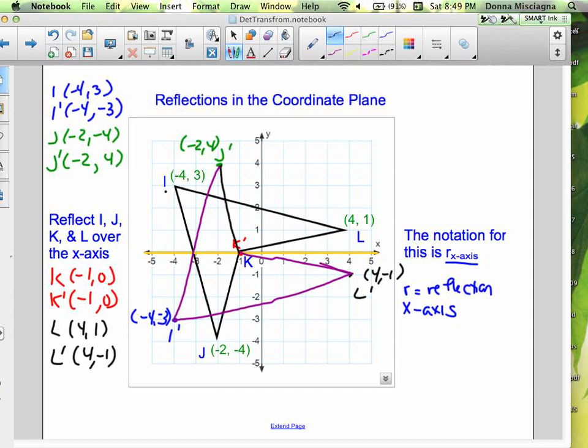Oops, I forgot. If I pick up the eraser, it changes the color of my pen because I don't have a purple pen. There we go. All right, so now the black one is the pre-image, the purple is the image. And you can see that this is a reflection. Notice that everything that's above the x-axis for the pre-image is below the x-axis in the image, and vice versa. So if it's below in the pre-image, it's above in the image. Right? So like this little part here,